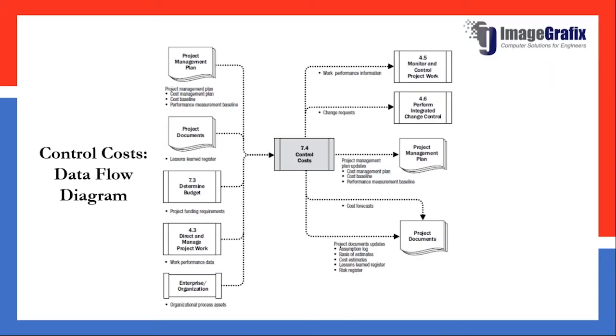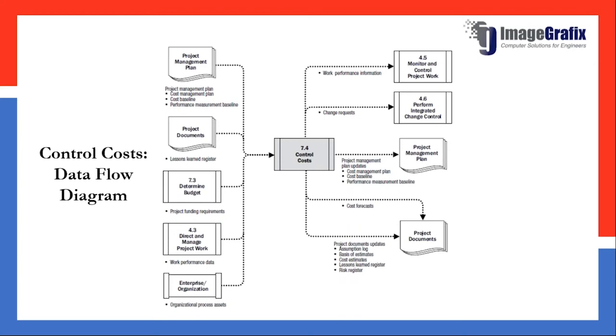Then this is the cost control data flow diagram from PMI. So for the cost control process, the inputs are the project management plan, where cost management plan, cost baseline, project documents, lessons learned, then your determined budget, as well as work performance data and organizational assets. Then as an output, we will get our work performance information. So we will monitor how we are performing our work, what is the cost impact that it has on our